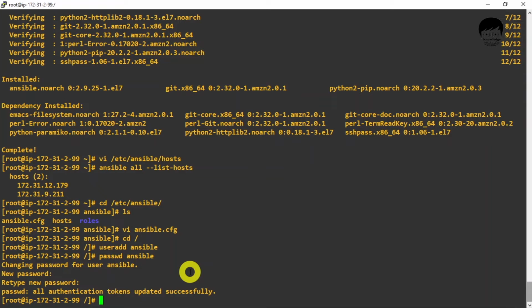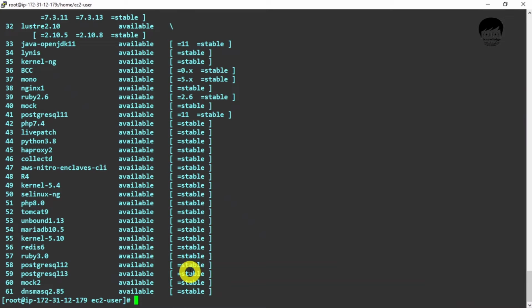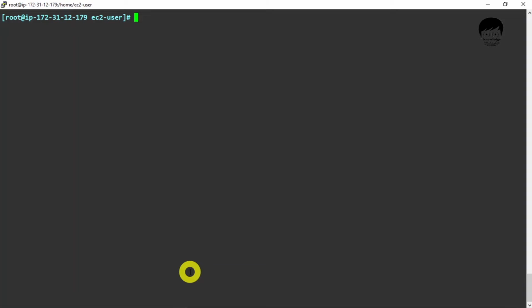Okay, it is updated successfully, and keep in mind that we have to create the same user on all our host systems or the nodes. So I'm just going to my node 1, and I will create the user ansible here as well. So hit the command useradd ansible. Yes, it is created, and then passwd ansible. I will create the same password for all three nodes and servers, because I don't want to mess with passwords. So I'm creating the same password for all the servers.